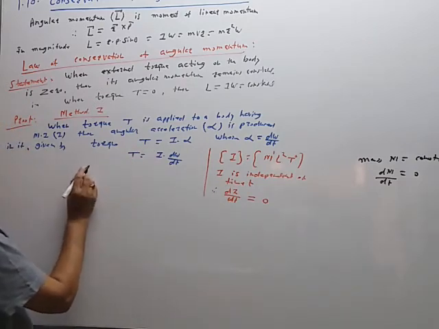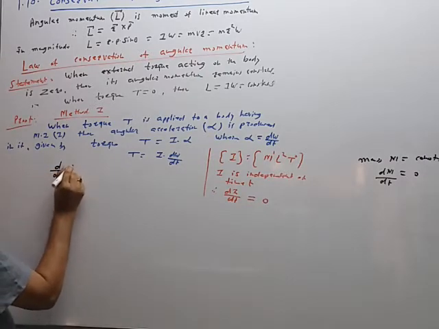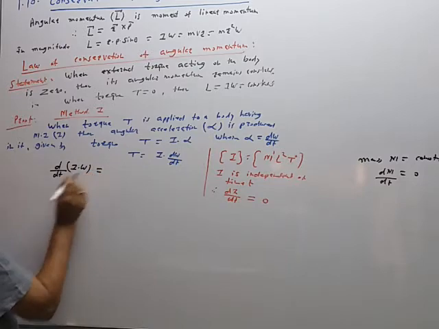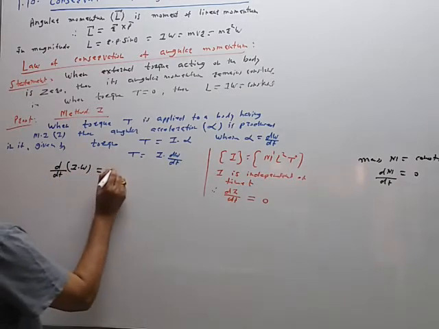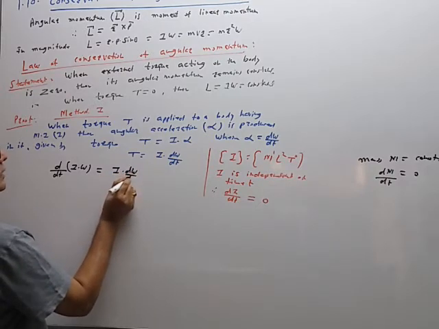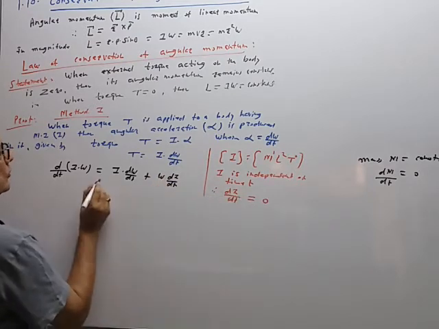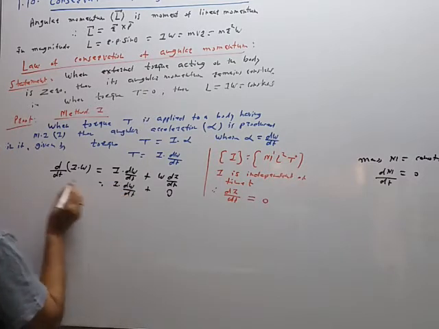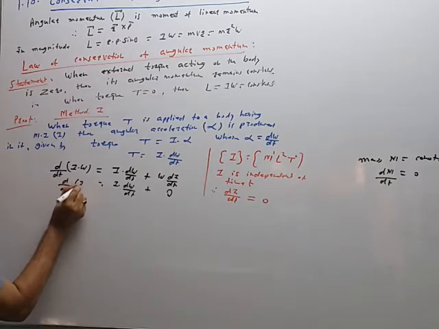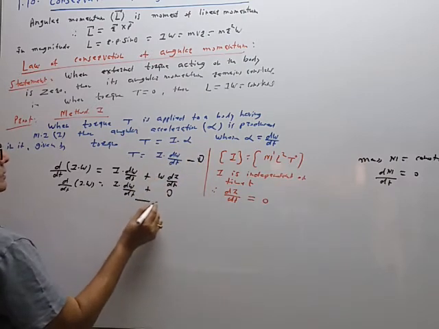So this equation can also be given by d by dt of I into omega. Now here again we use differential calculus. This is a product of I into omega, so we use the rule for the derivative of a product: first term I constant, derivative of the second term, plus second term omega constant, derivative of the first term. But dI by dt is equal to 0, so this is equal to 0. So I into d omega by dt is replaced by d by dt of I into omega. So here we can make this change. This is equation 1, this is equation 2.